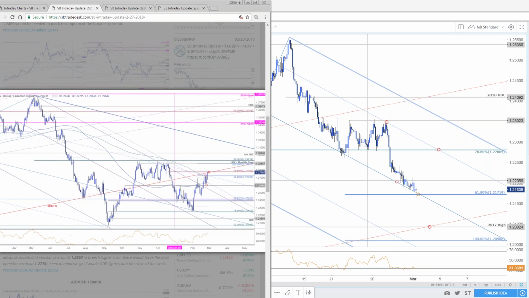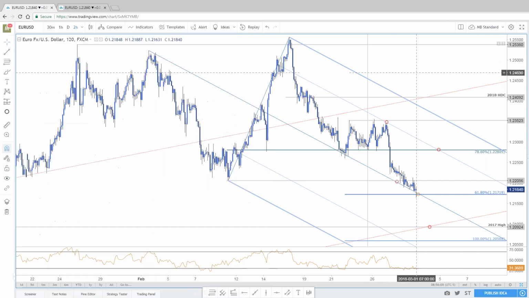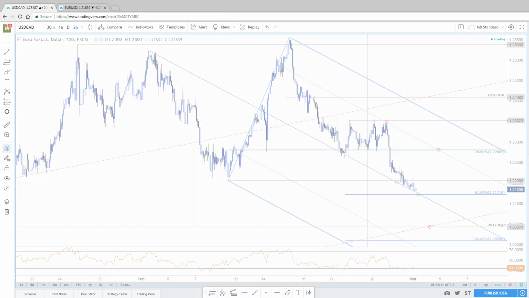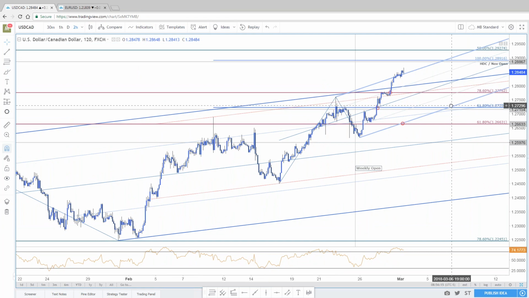Here's what the intraday chart looked like earlier in the week. Even yesterday on the pop above here, you guys know I was thinking about seeing if we find a clip at one of these median lines to try to fade the move. It wasn't worth it. I kept looking for a trigger, couldn't find it, and thank God I didn't take it because we just continued to push higher. But here's what dollar CAD looks like now. Fool me once, shame on you. Fool me twice, shame on me.